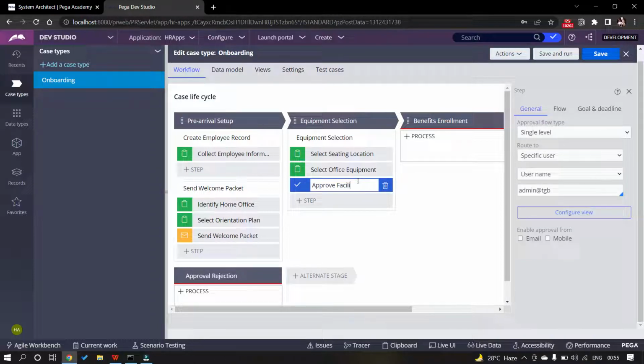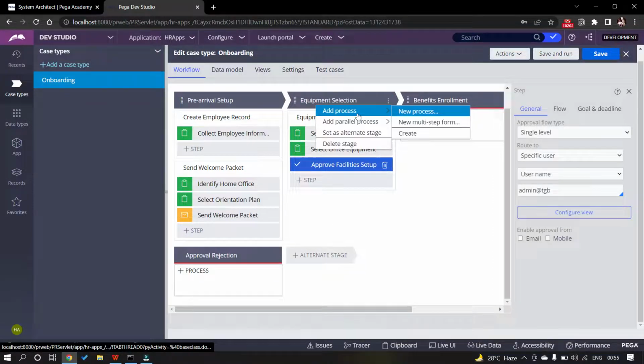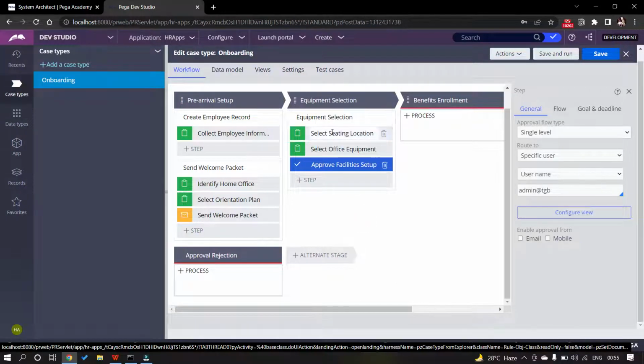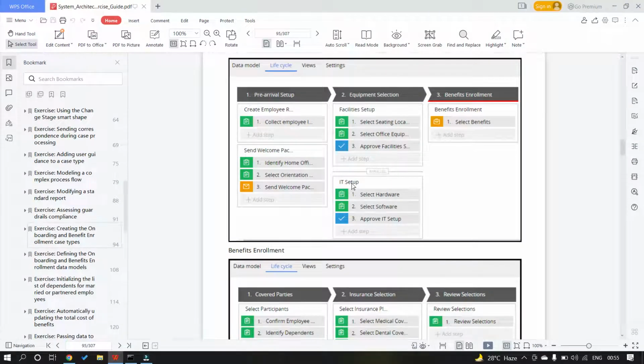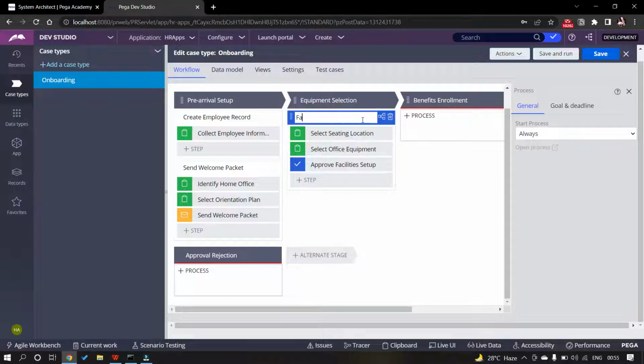Approve facilities setup. Have you noticed or not, when I added this approve reject step, then an alternate stage named approval rejection got created. So Pega does this automatically, and since equipment selection and IT setup, facility setup and IT setup, they both are parallel process. Equipment setup, this will be facilities setup,